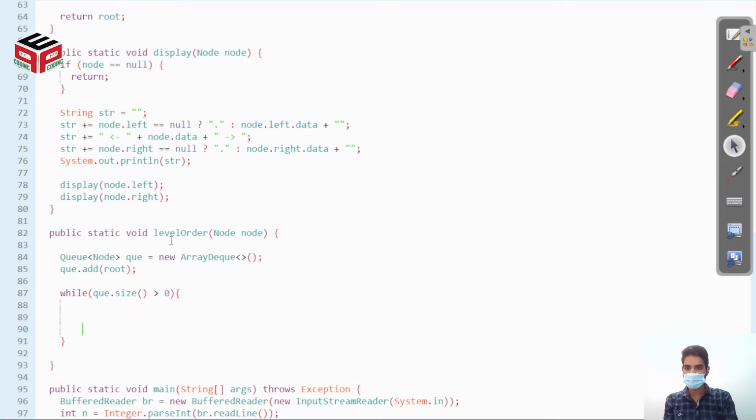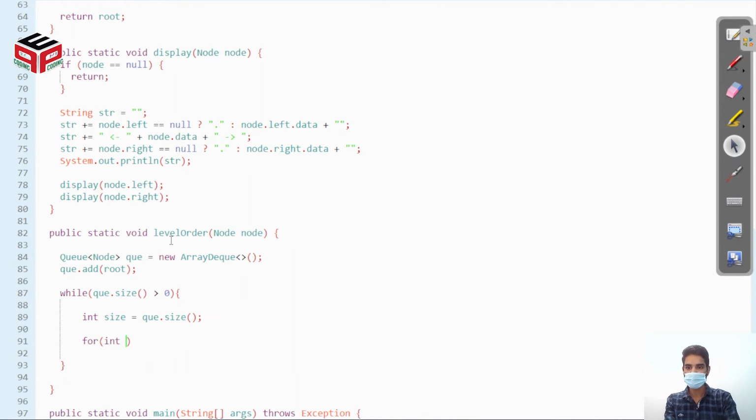Now we will check the size of our queue, queue.size. We will create a for loop, i equals 0, i less than size, i plus plus. In this loop, firstly we will remove the node, rem equals queue.remove. Then we will print System.out.print rem plus some space.